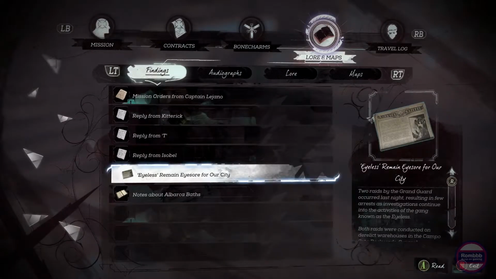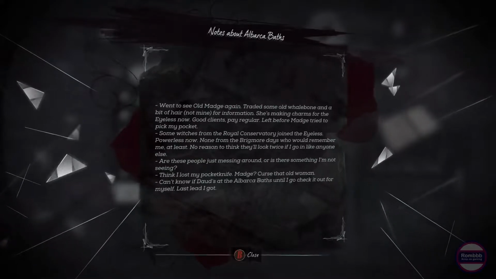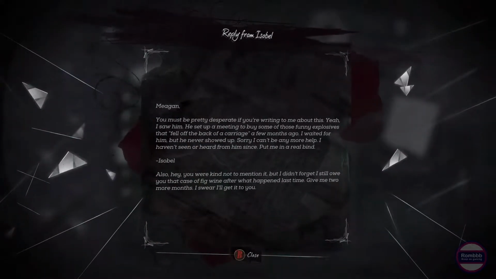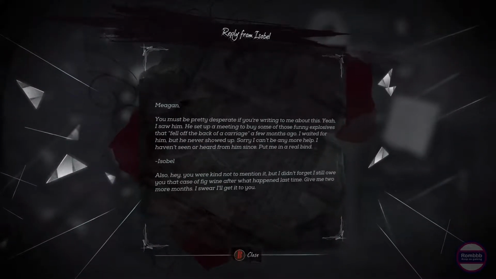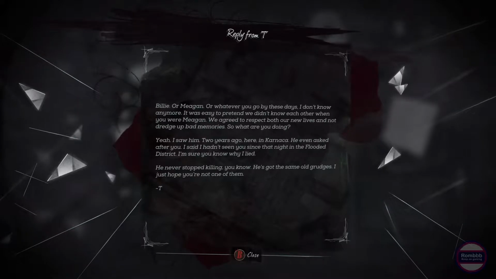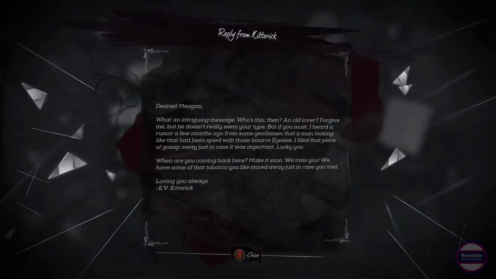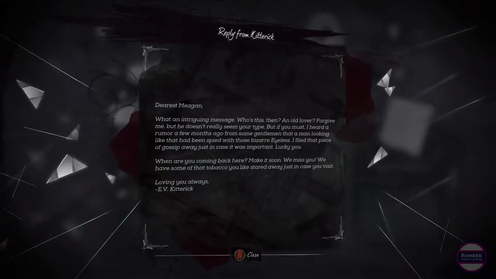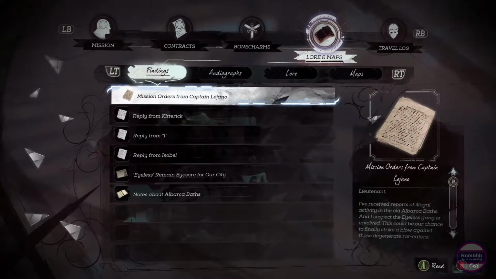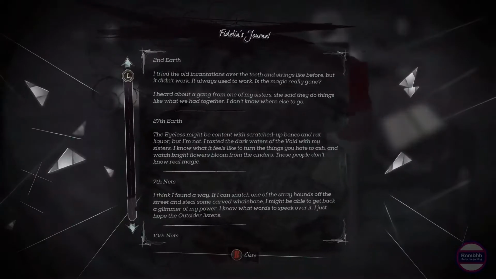It doesn't say with whom the overseer are, but I wait to see it somewhere. Nope. Reply. Oh, Megan was her name. Billy or Megan. Click too much. I'm just looking because I did read it somewhere. So here we stop killing. Okay. Nope. No, we just read that one. God damn it. Fidelius, is it here? The eyeless might...